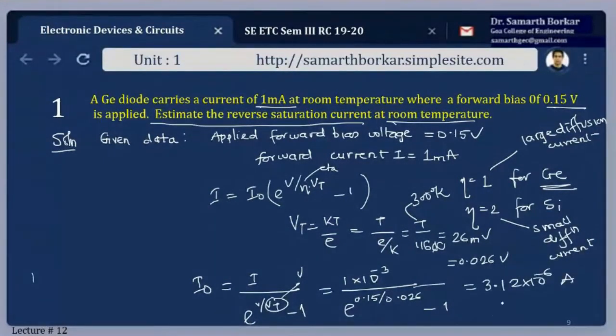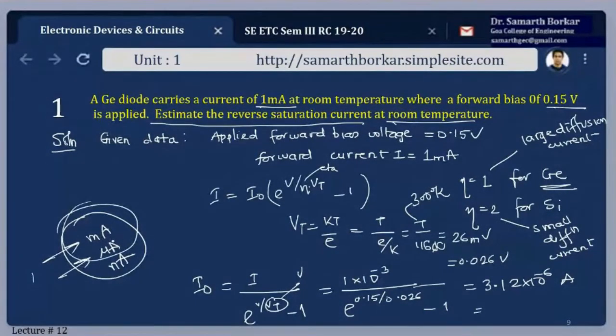And in electronics, we always have to express the answer in terms of milliamperes, microamperes, nanoamperes, and so on. We have these units, fine. Don't express it in terms of 10 raised to power minus 7 or 10 to the power minus 8. You have to arrange the equation accordingly. Always express your answer in terms of milli and micro. This is what we are going to be using in the next module for transistors as well. We're going to express the current in terms of milliamperes, and sometimes the difference is expressed in terms of microamperes. So it is 3.12 microamperes. I hope this is clear to you all.